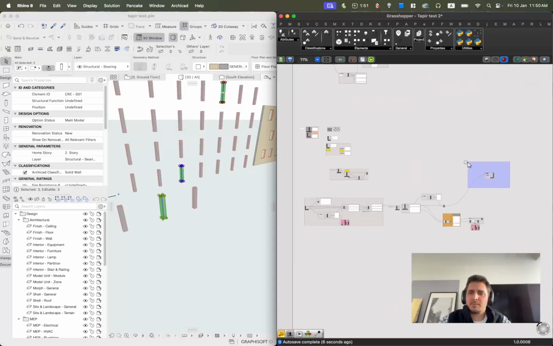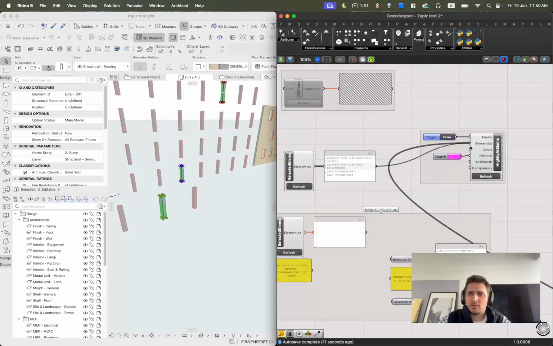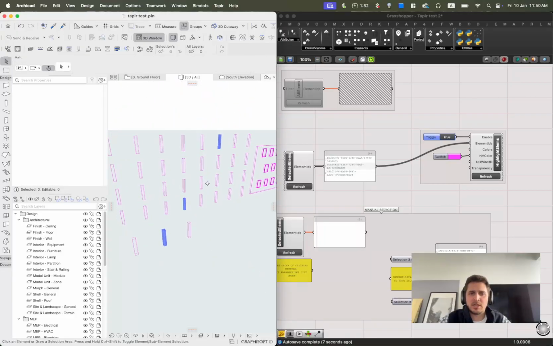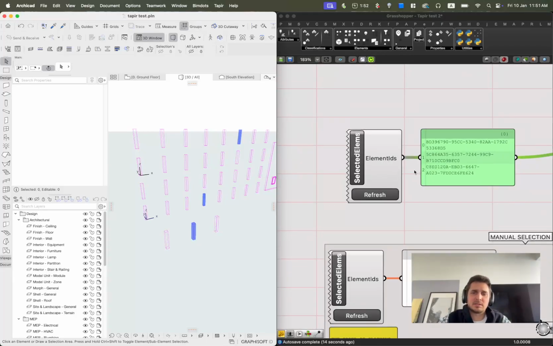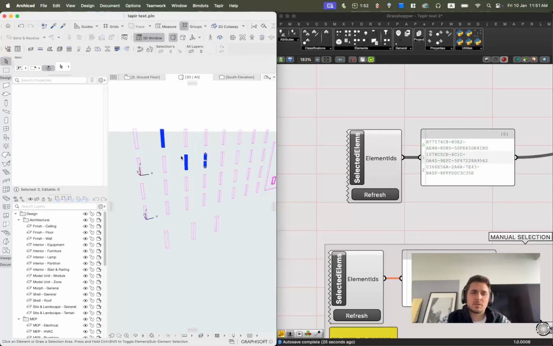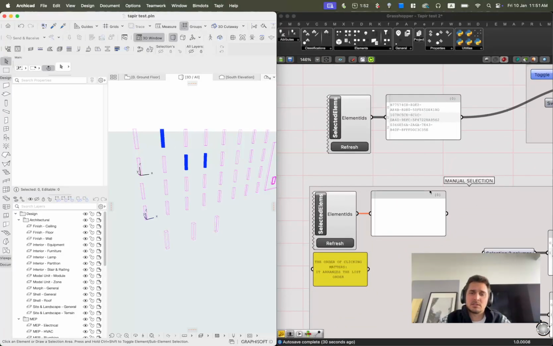I'm going to use this highlight function from Tapir as well. So I click on there and I can check which elements are in fact being selected. The thing is that this is dynamic in a way. So if I select new elements and I click refresh, those elements are the ones that are selected now. So if I want to save these selections, the best way,